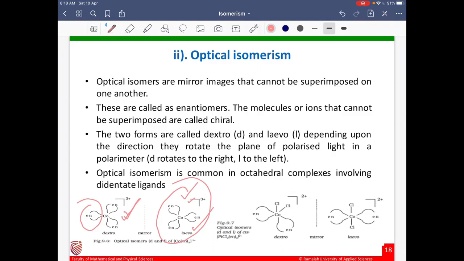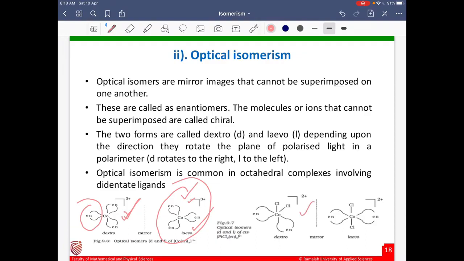By checking the structure, you will not be able to tell whether it will be dextro or levo. For that, we have to perform the experiment with the help of a polarimeter. Then only will we be able to tell in which direction each isomer will shift the direction of the light. Another example,